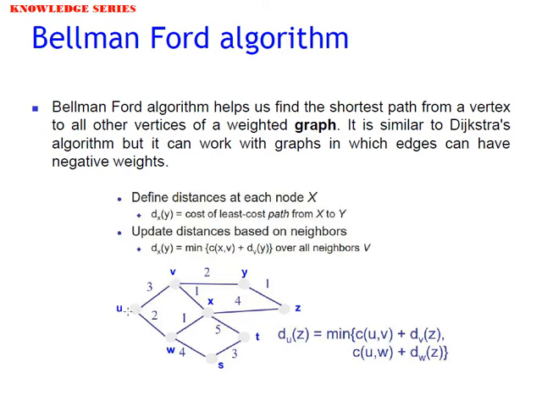Just take the example U: the neighbors are V and W. For X, the neighbors are U and Z. So that is denoted as D suffix X of Y, in brackets Y, the cost of the least cost path from X to Y. That is what we define. Another notation you can see is Cx of V. Actually this is known as the cost of the neighbor, and this is known as the least cost estimate